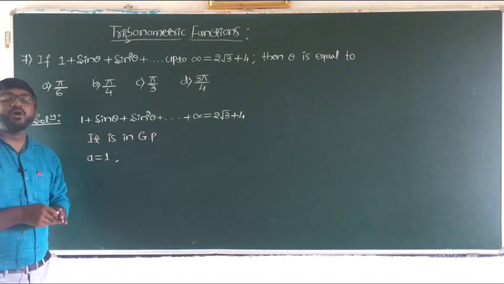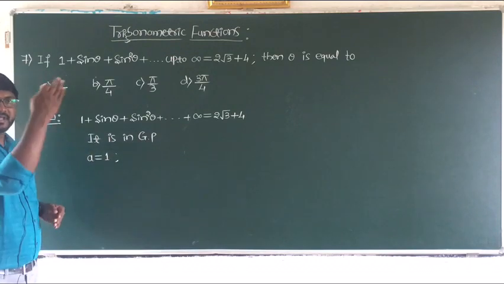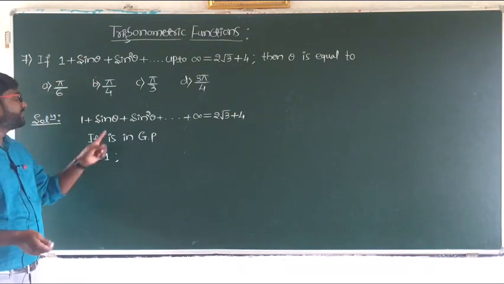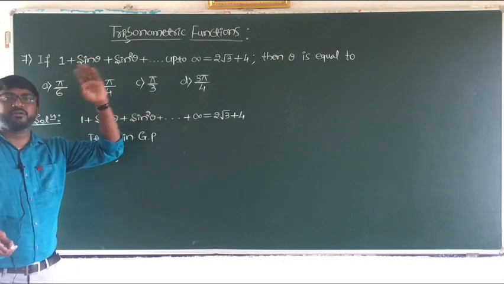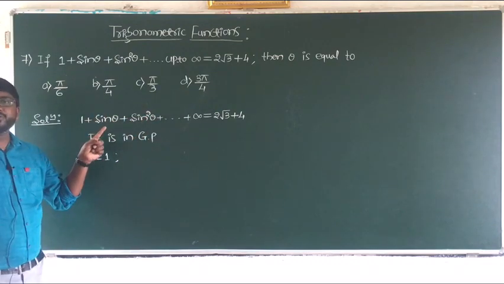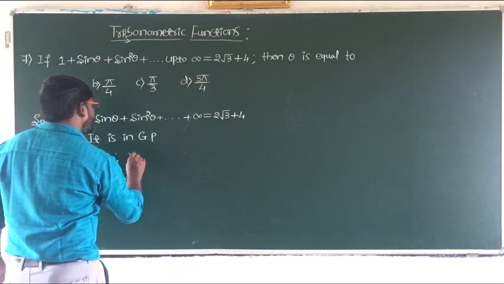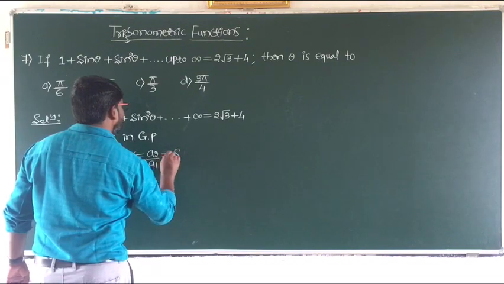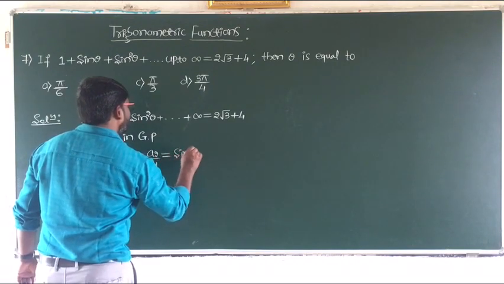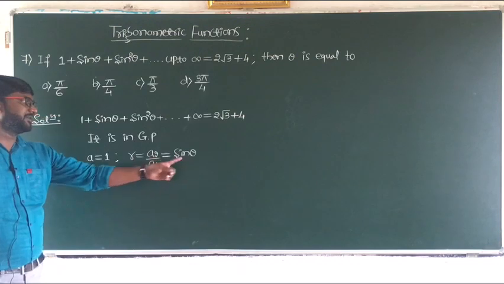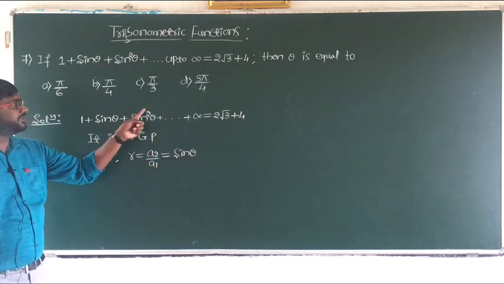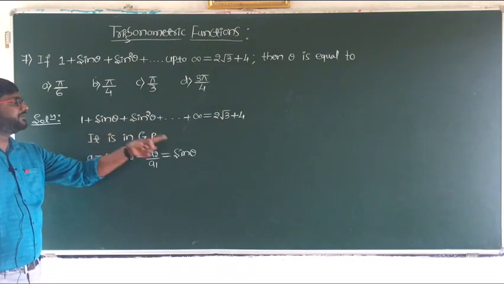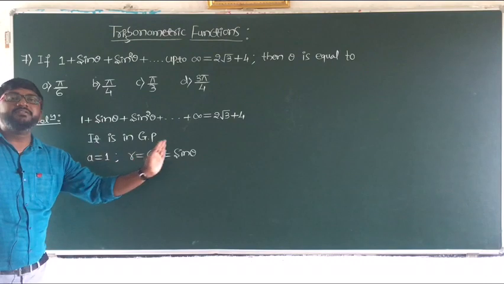Now how do you write the common ratio in geometric progression? Second term divided by the first term or the third term divided by the second term. So this is a1, a2, a3 and so on. So the common ratio will be a2 by a1. R is equal to a2 by a1, which is equal to sin theta by 1, that will be sin theta. Therefore the common ratio is sin theta, or else you can verify with a3 by a2. Sin square theta divided by sin theta will be again sin theta. Therefore the ratio is common.